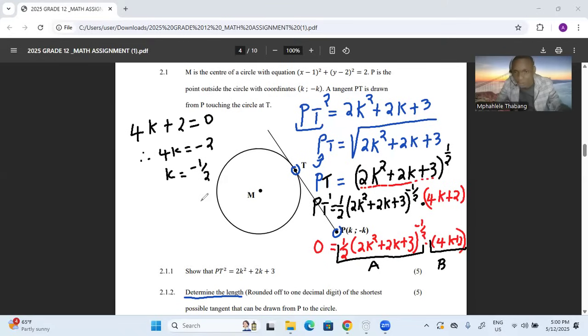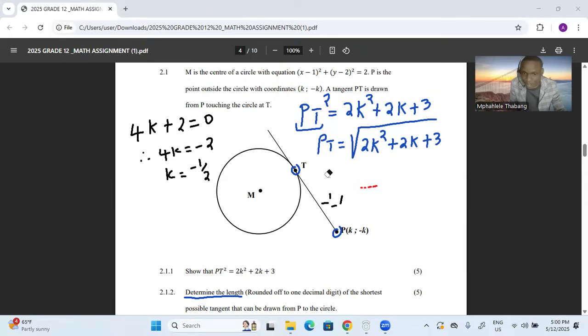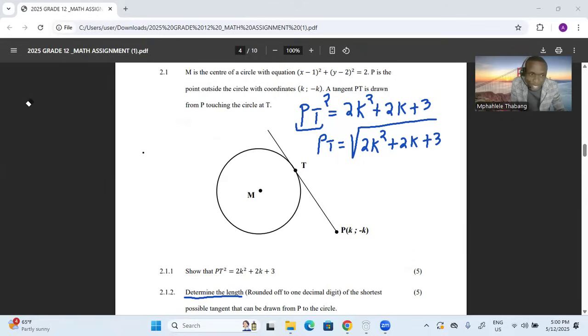I applied the chain rule. I will tell you exactly what to do as a grade 12 student. Okay, so let me erase and tell you what you were supposed to do. We are saying PT is at its shortest when k equals negative 1 over 2. But let me explain what you were supposed to do. Exactly at PT, where they say PT equals the square root of 2k squared plus 2k plus 3, you say PT is a shortest distance